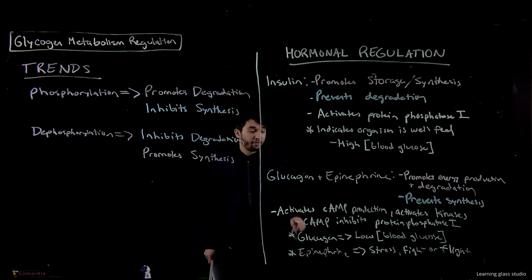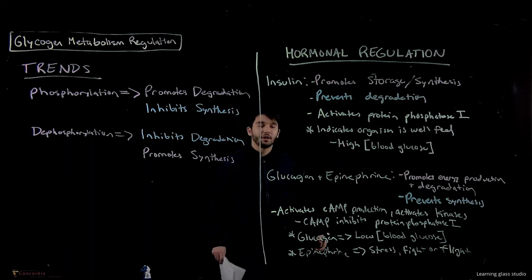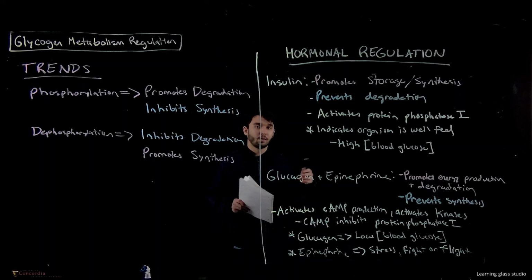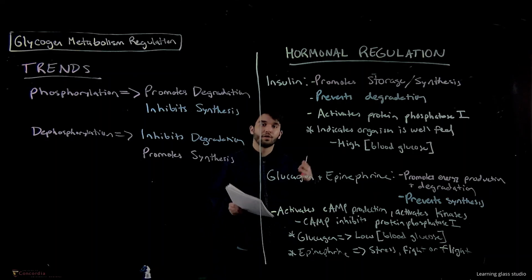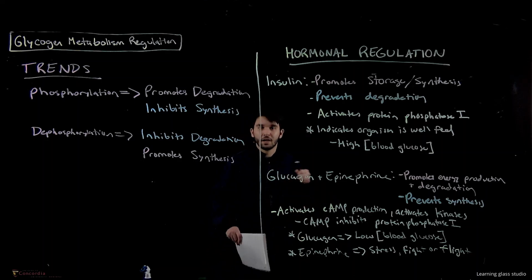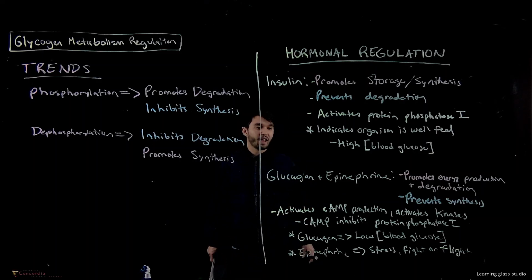And then epinephrine, this is your stress hormone, your fight or flight hormone. Okay, so if you're stressed out, you need a lot of ATP to either fight or run away, flight. So epinephrine is going to promote ATP production, promote the degradation of glycogen, which leads to the production of glucose, activates glycolysis, makes ATP. You need this ATP in order to quickly move and get away from whatever stress is in the environment, okay? So that is regulation by different hormones, and that does it